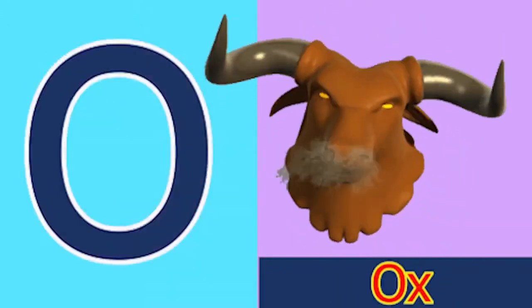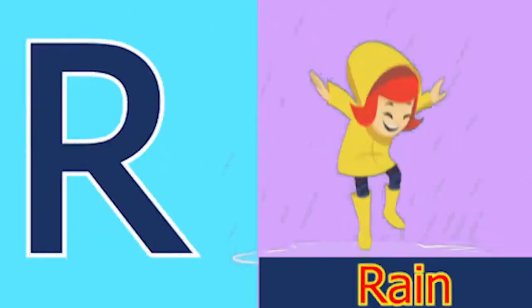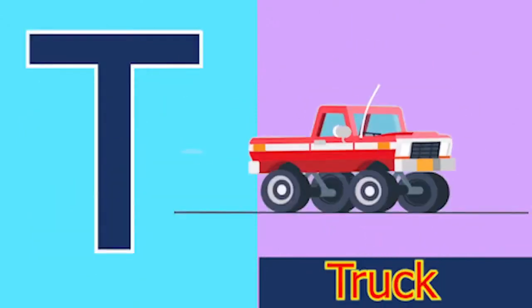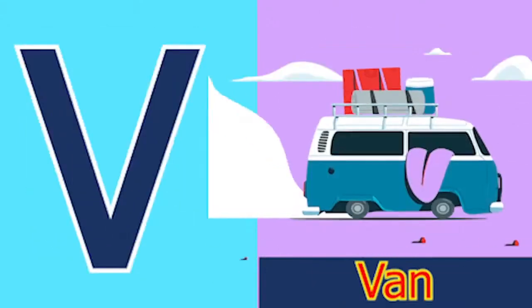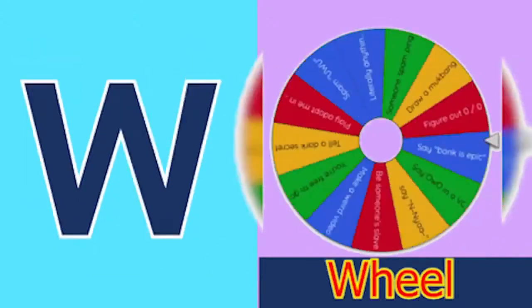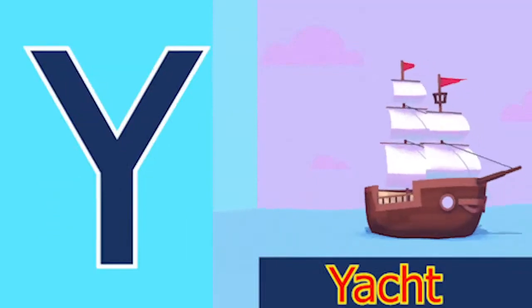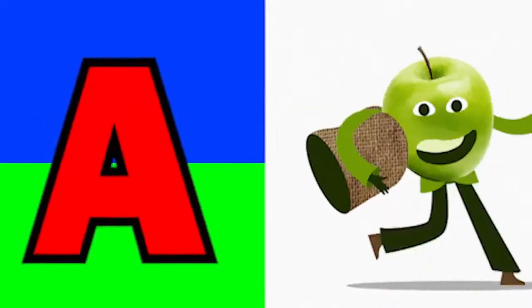For ox and P for pan, Q for quack and R for rain, S for sheep and T for top, U for utensil, V for van, W for wheel and X for Xmas tree, Y for yak and Z for zoom. A for apple,